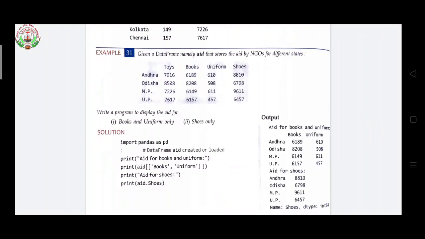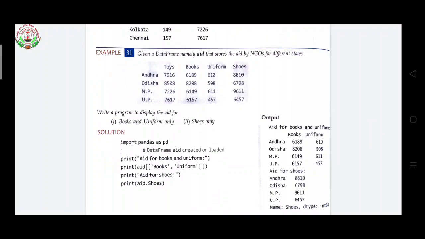Now see, the output is given on the right side. For aid for books and uniforms, you got only 2 columns. In the question there are 4 columns: toys, books, uniforms and shoes. But I want only books and uniforms, so I gave 2 column names inside the brackets, and I got information for 2 columns only.